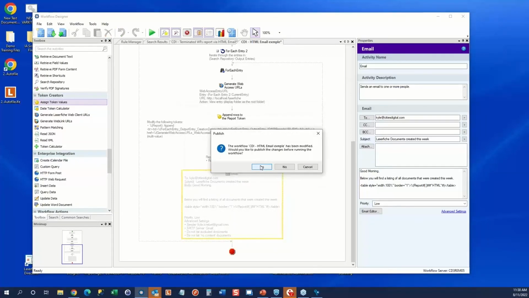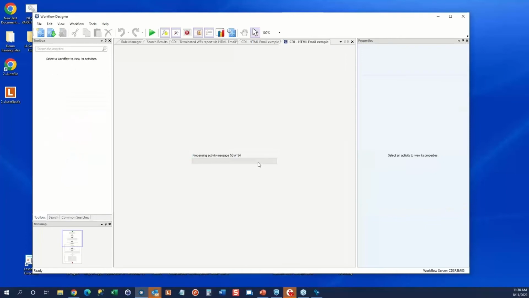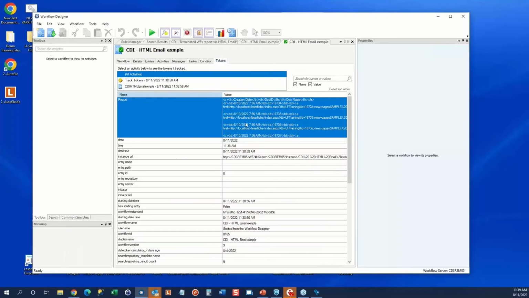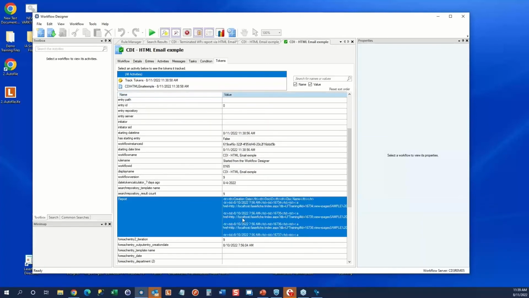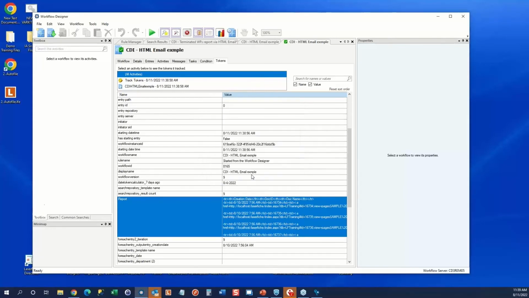Now, I just made a change, and it says, oh, did you want to publish those changes? Yes, I do. You might have seen this before when you build workflows. And then we get our workflow results. We get a token, and we can see that it is generating the HTML in there. And if I was really clever,